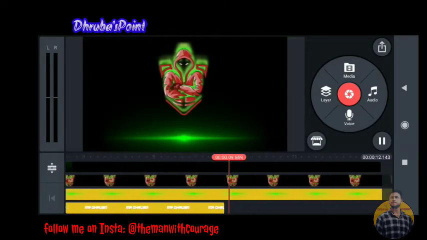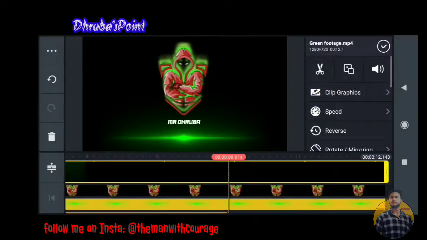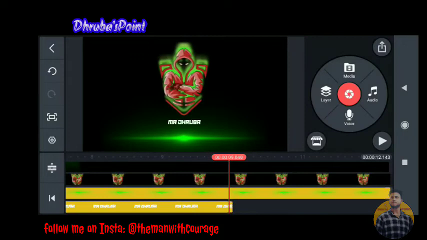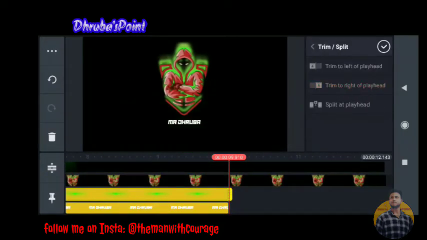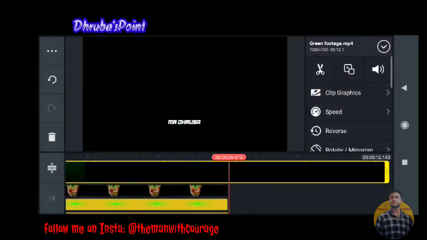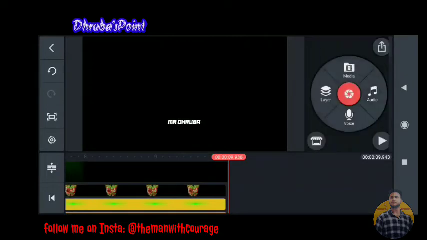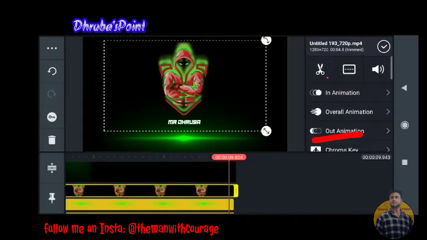Let's cut the unnecessary part. Go to cutter and trim to the right of the play head. Go to cutter, trim to the right of the play head. Now here you can add an out animation, make it fade.